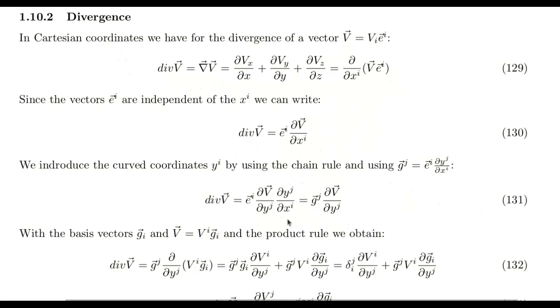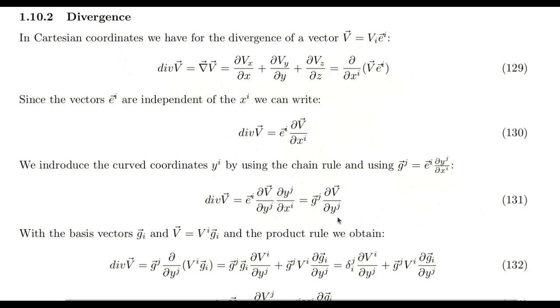And if we use the expression here that the product of the unit vector and the differential quotients of y and x is equal to the g vector, so we can write the divergence of v in this way here,